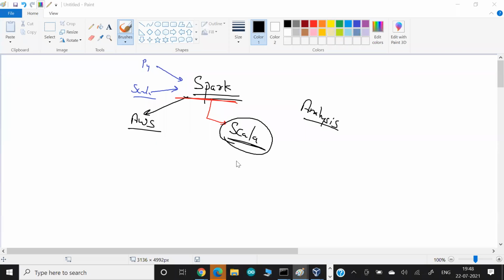So my plan is to introduce you, sorry, to a language called Scala. And after you are comfortable with the Scala language, we will see how we can write code in Scala to communicate with Spark. And we use Spark obviously for analysis purposes, right? So that would be a high level plan for today. So just invest some small time right now in the Scala language.